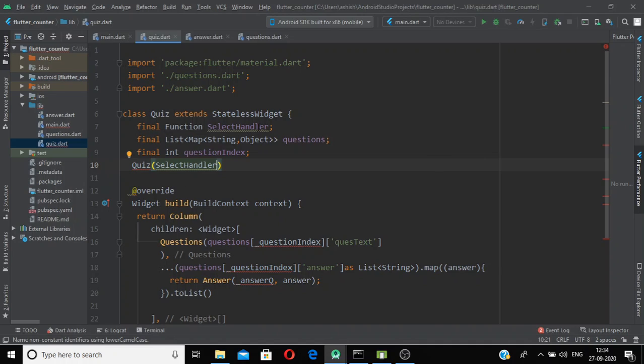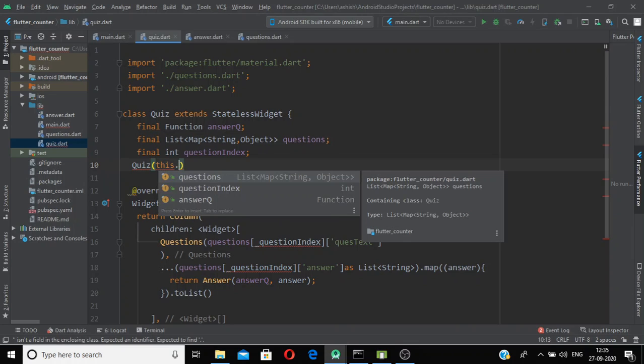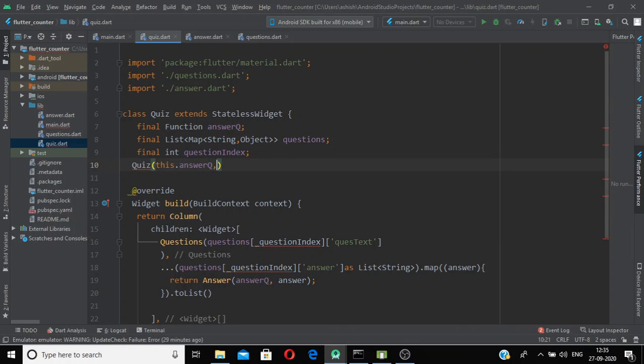Rather than naming it as select handle, because we are using it here, I'm naming it the same, and I will remove this underscore because I'm using it here, using this keyword: this.answerQ, this.questions, and the third is this.questionIndex.